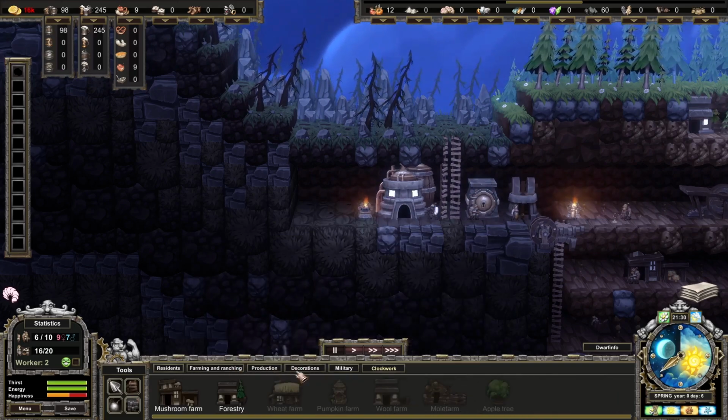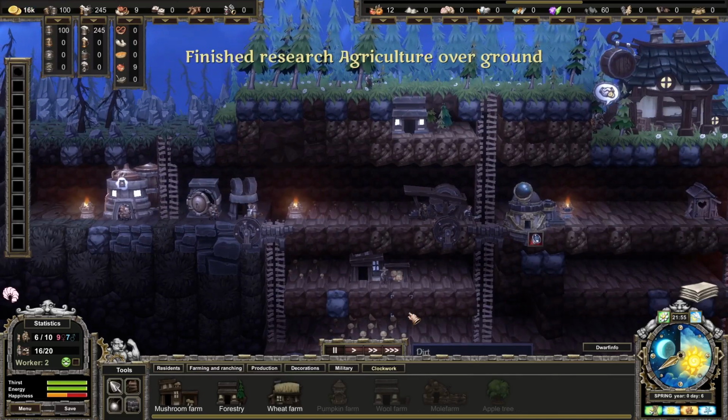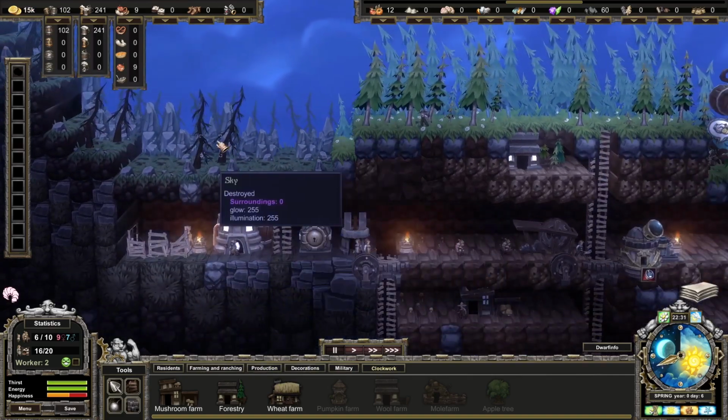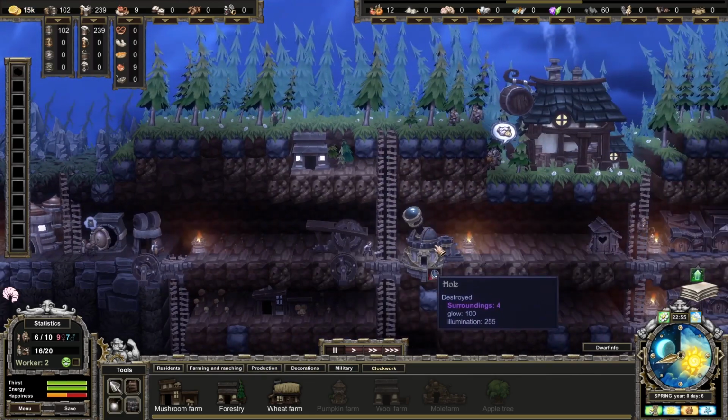So there's a lot of research to be done. Come on, research. Get a bloody wiggle on. There we go. Wheat farm. So that's going to wheat up all that area, get rid of all those horrible spindly trees, and then we'll need to research the bakery,